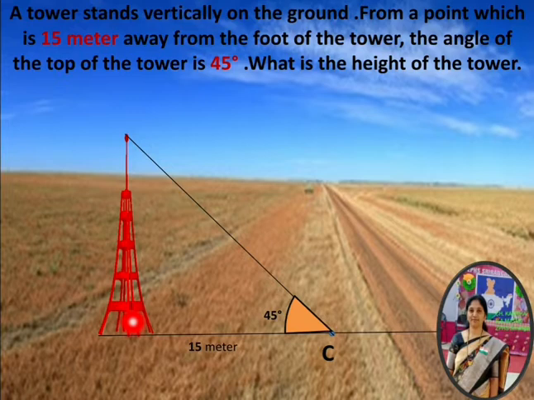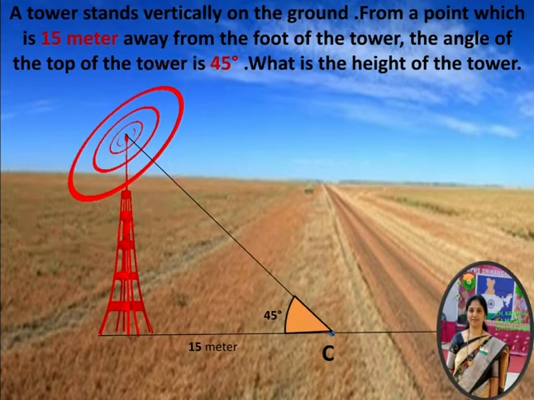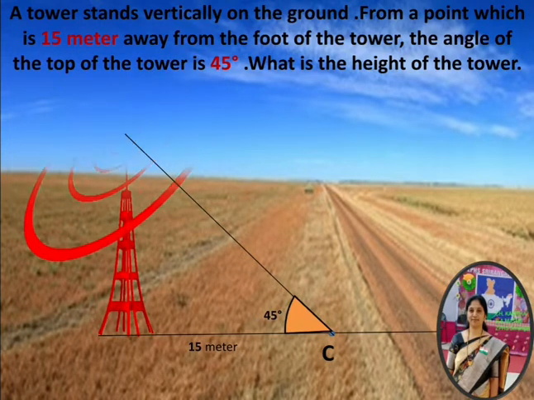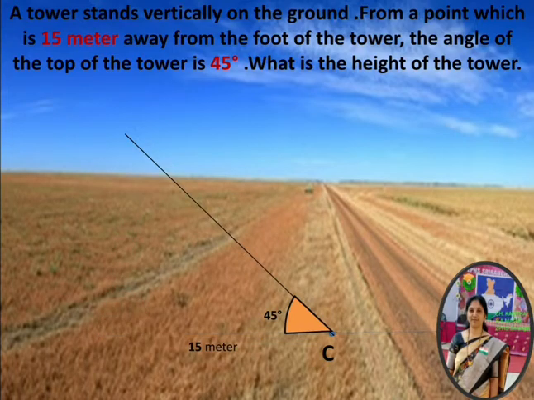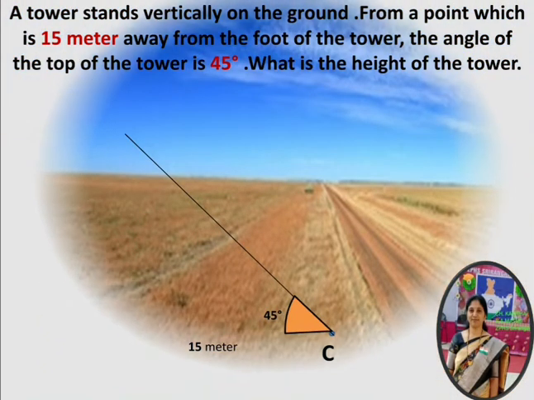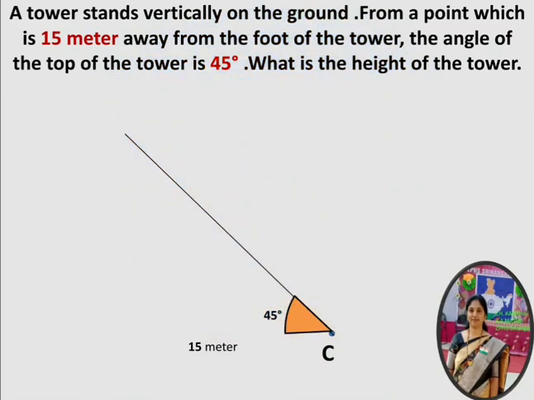We know that in case of applications of trigonometry, we have to draw a suitable diagram for the given situation. While drawing the figure, we consider a vertical line to indicate the tower. So we can draw like this. I am removing the tower, the horizontal line and the background. Now we have to draw a tower. We know that a vertical line indicates a tower. So here I am considering the AB line indicates the tower and AC is the horizontal line.